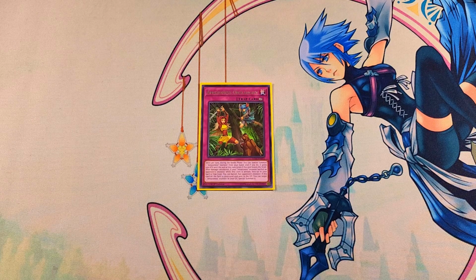And after damage calculation, if your Amazoness monster battled an opponent's monster, while this card is already face up on your spell and trap card zone, you can banish that opponent's monster. And if this card on the field is destroyed and sent to the graveyard, you can turn an Amazoness monster in the graveyard and special summon it, which is a great effect to be able to use just to help you bring an Amazoness to your side of the field. This card overall is great in the deck as a 1-of,